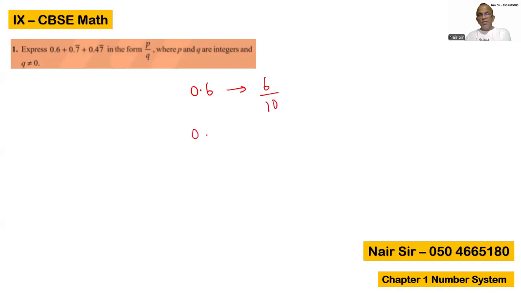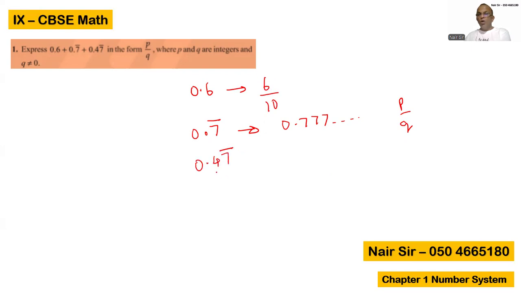Second thing, I have got 0.7 bar. How will I write this number? If I want to write this number, I can write this number like this, going on continuing. And I need to convert this into p upon q form. Then I have got